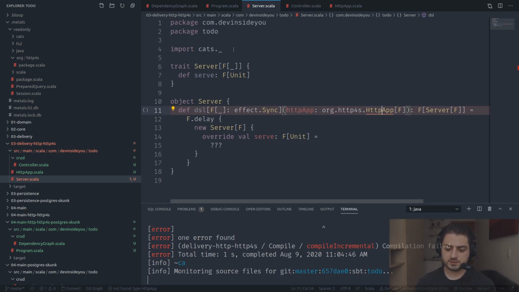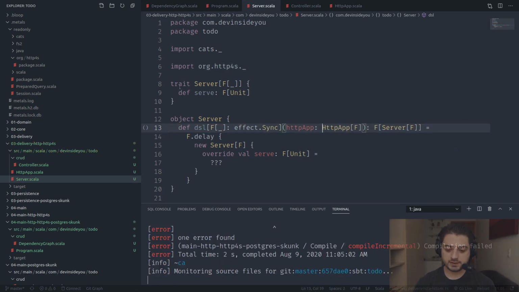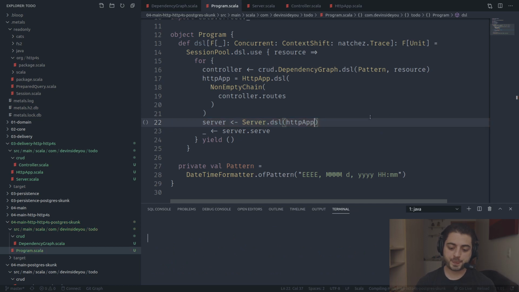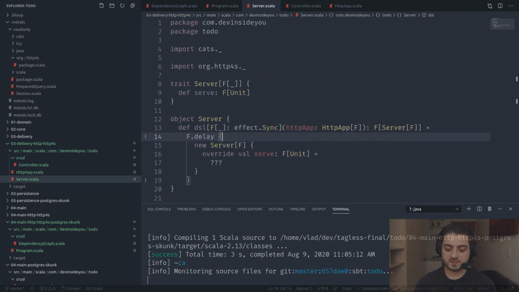Oh, why did it do it like that? Why didn't it import it? HTTP4s. Let's just do underscore. All right, there we go. Okay. What else? Where are we? Oh yeah. So now in the program it fails because it wants it, right? So we're just gonna give it to it. Okay. HTTP. Great. Okay, so the next thing that we're going to do is we're actually going to finish the